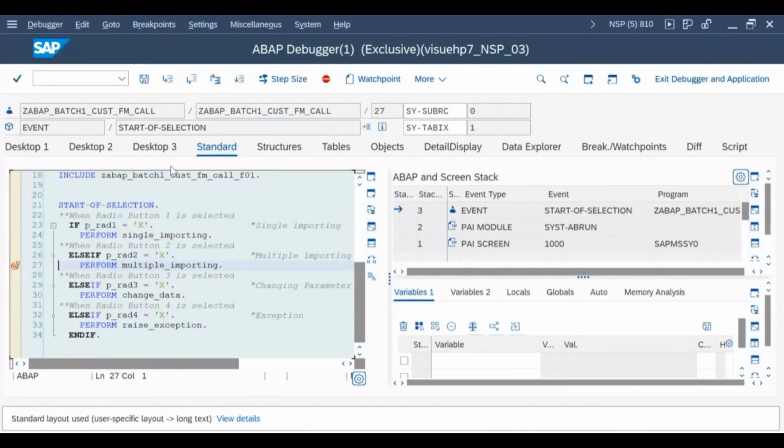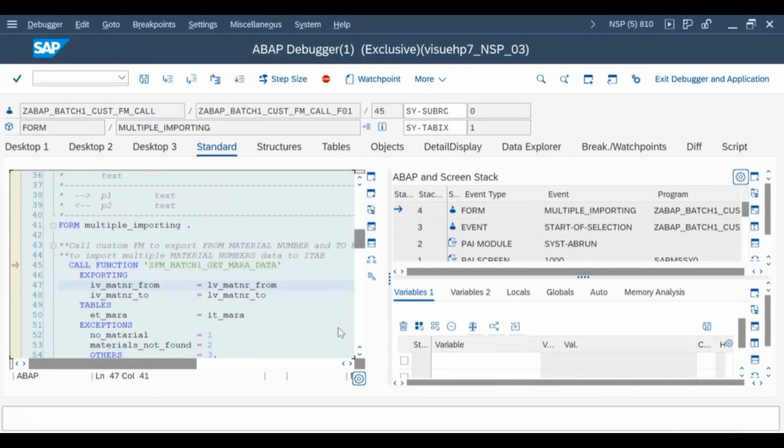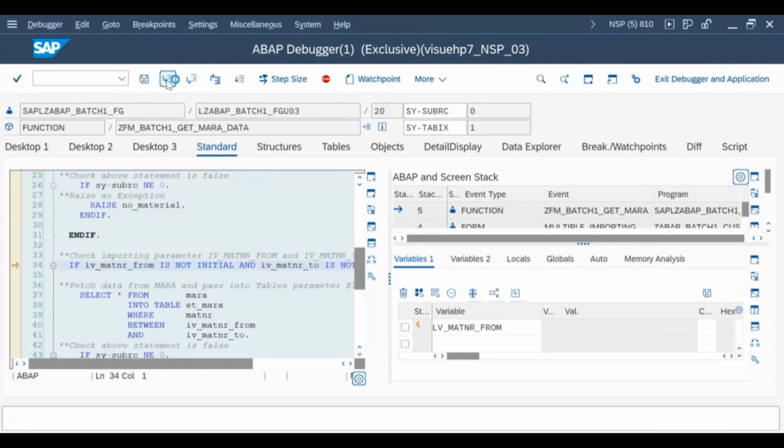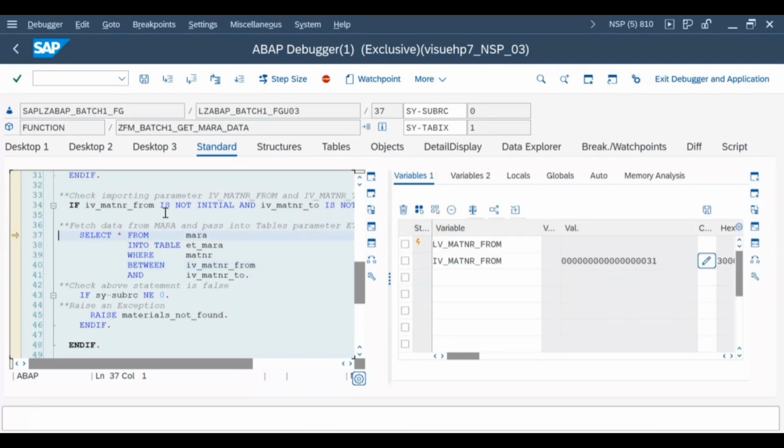Moreover, if you see here in this, give me a moment. Multiple importing, yeah. So if you see this, in the form material, I am trying to execute this. Okay, so what I'm trying to do here, I'm just in the debugging,